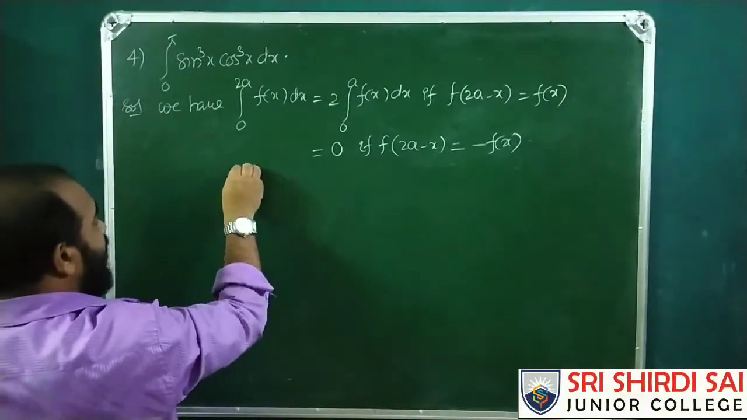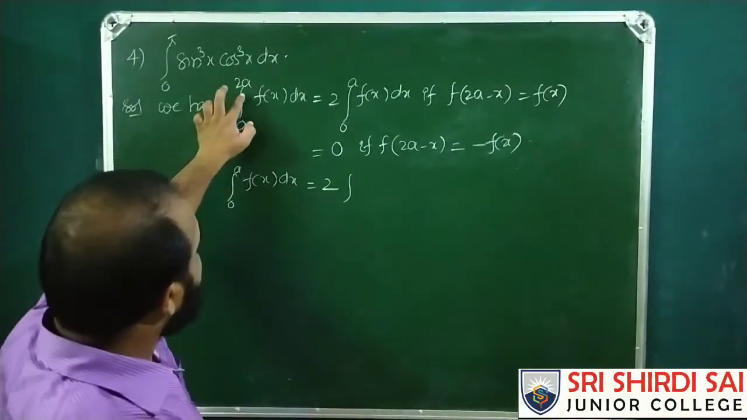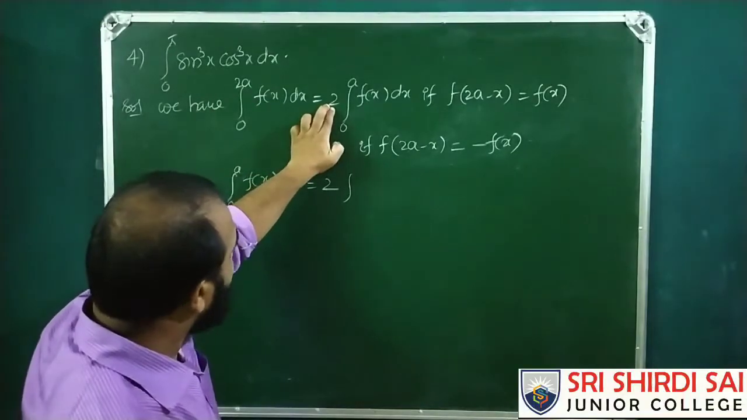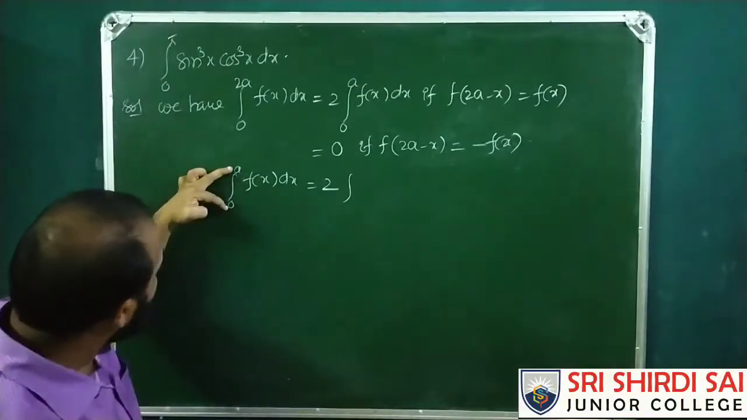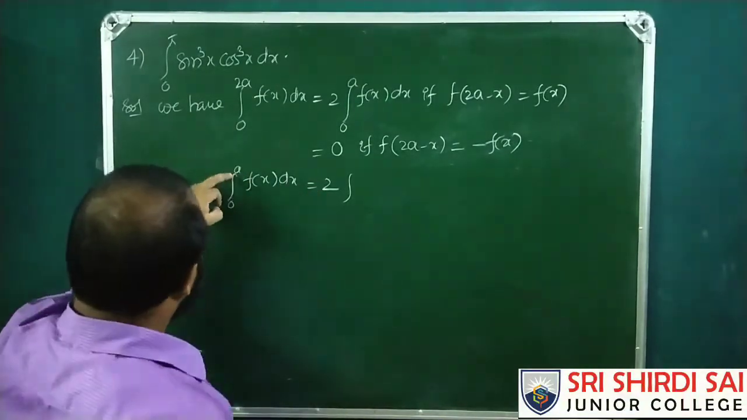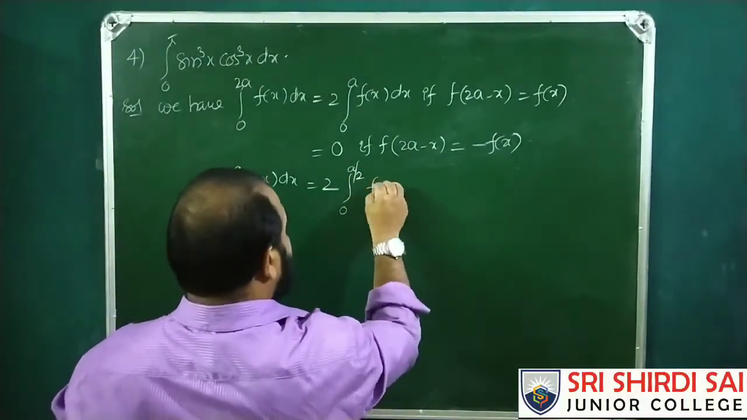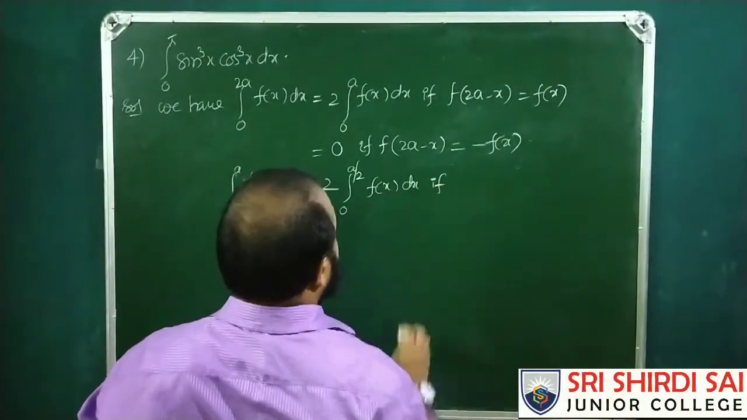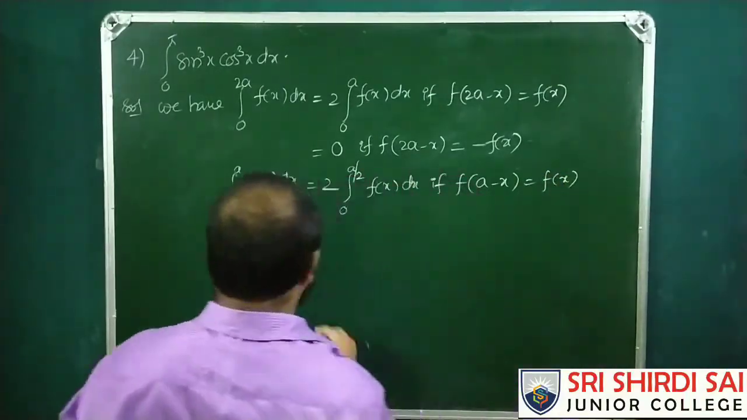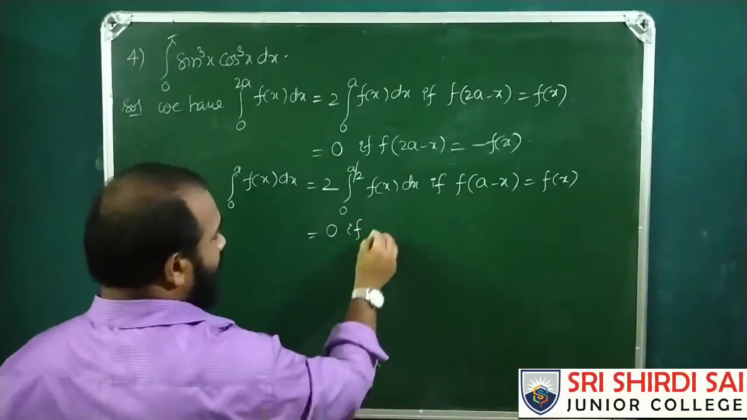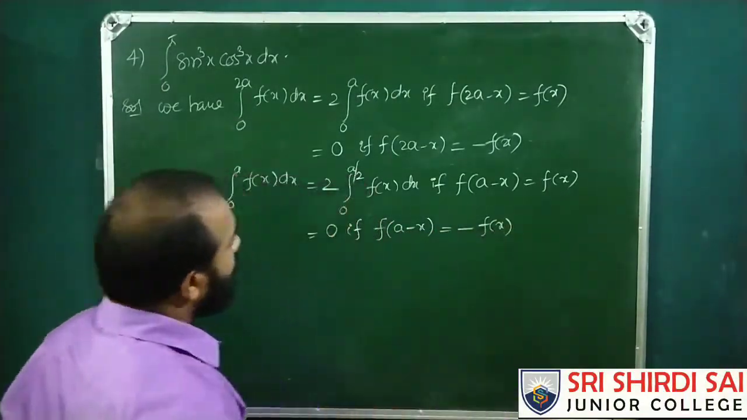Similarly, had it been 2a, 2 will come forward and the upper limit becomes 2a by 2, that is a. In the same way, for 0 to a, 2 will naturally come forward and half of this upper limit is the new limit: the integral from 0 to a by 2 of f of x dx if f of upper limit minus x equals f of x. The value is 0 if f of a minus x equals minus f of x. So for this